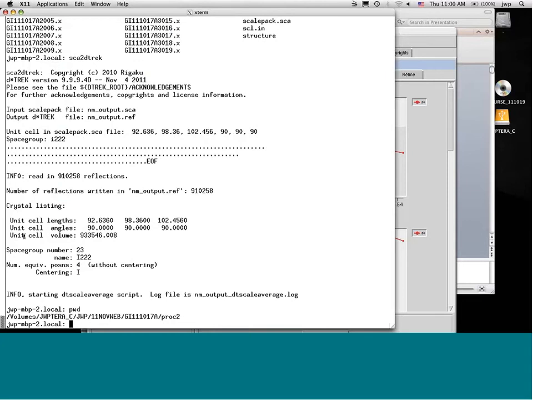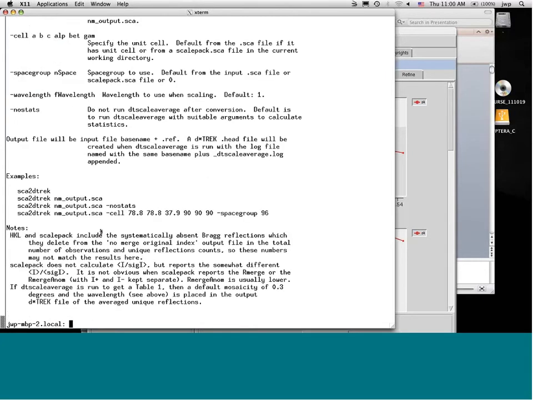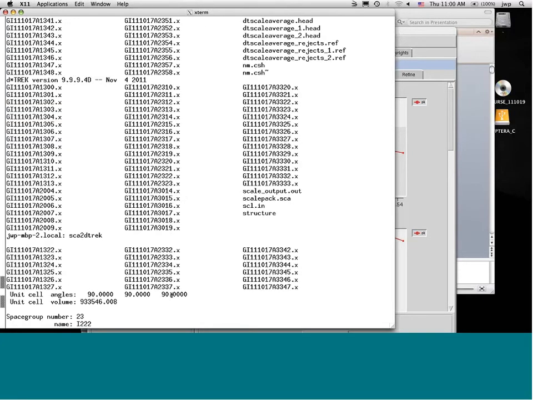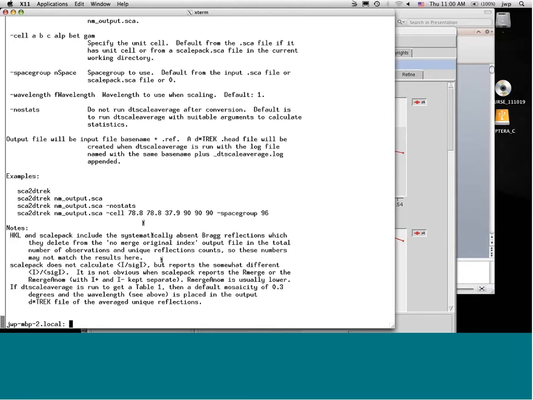The most recent version of SCA to DTREC has not been distributed yet. So the last distributed version of D*Star Trek was in July, and there is a version of SCA to DTREC in that version that people can use. This more recent version, if I type SCA to DTREC here, if my screen is still being shown, right? It is, yes. So in this particular version, I made it even easier to use,